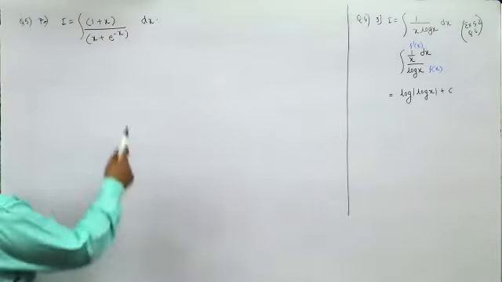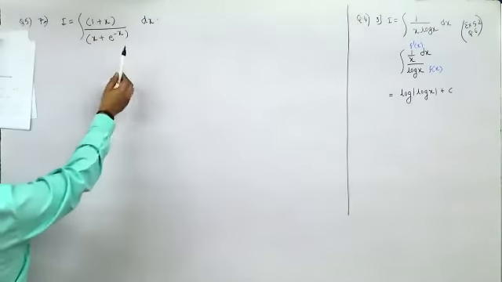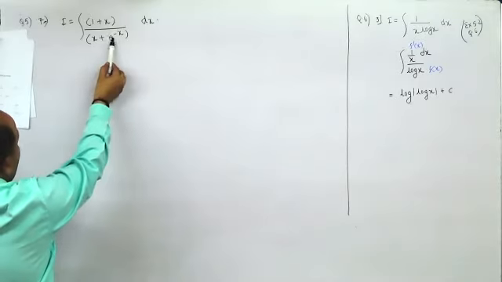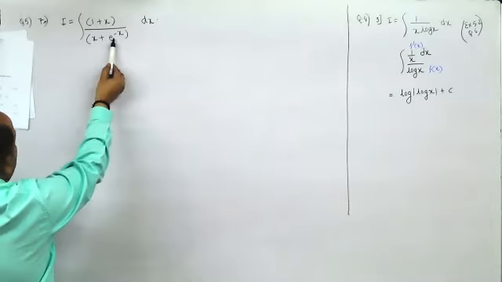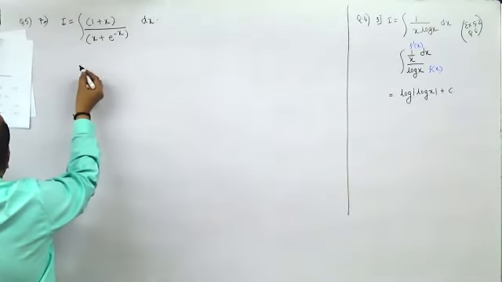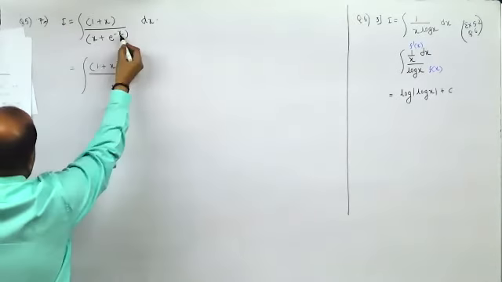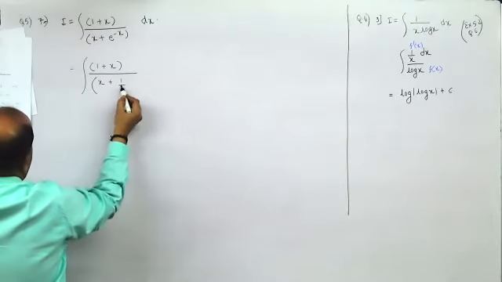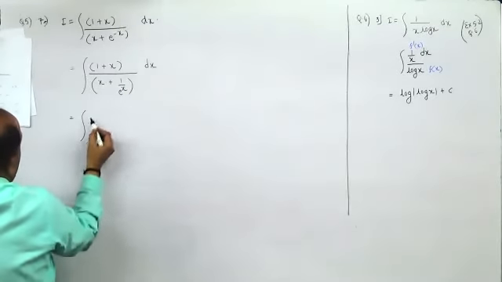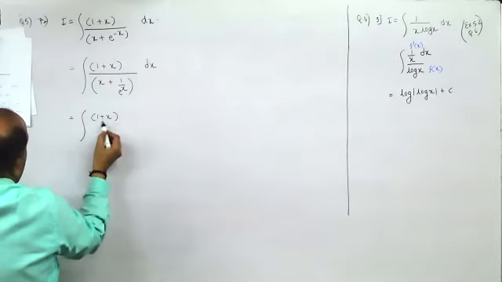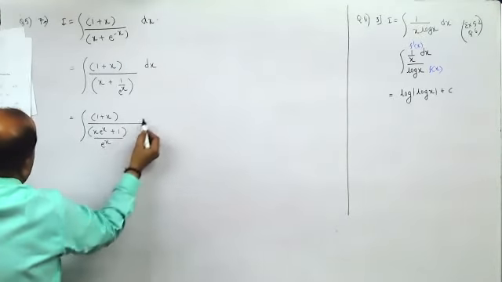if you observe, this is 1 plus x and here you have x plus e raised to minus x. Now, I can write this as 1 upon e raised to x. I'll get e raised to x in the numerator and I'll get e raised to x into x plus 1 here. Now, if I make the index of e positive, I'll be getting x plus 1 upon e raised to x here. Now, this would give me e raised to x into 1 plus x here, and this would be x e raised to x plus 1 divided by e raised to x.